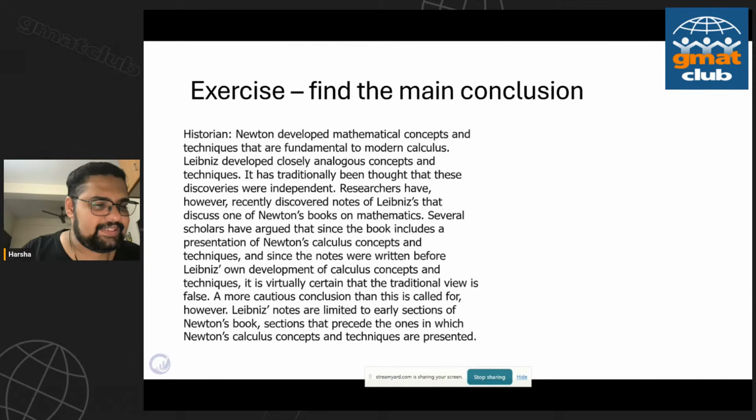Another aspect of boldface, as you guys know, or as you guys are realizing now, is that some of those arguments are long. So boldface is one of those places where you need to get used to the length, which actually should not be as big a deal as you think, because we are doing RC anyway. There's a lot of RC. We're dealing with a lot more text anyway. So might as well see a bit of it in CR.